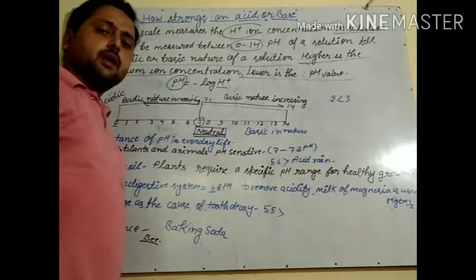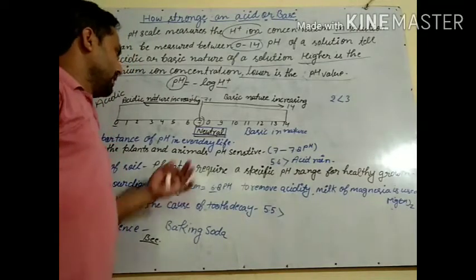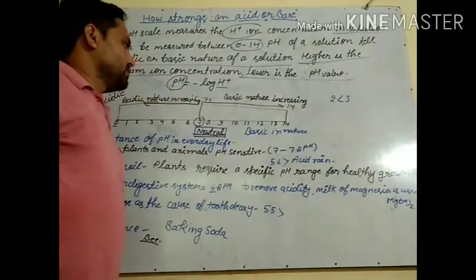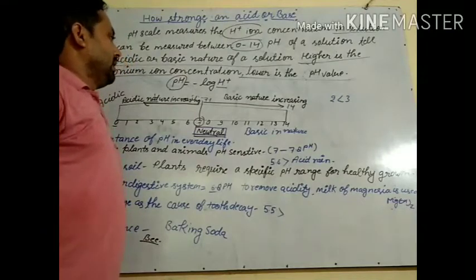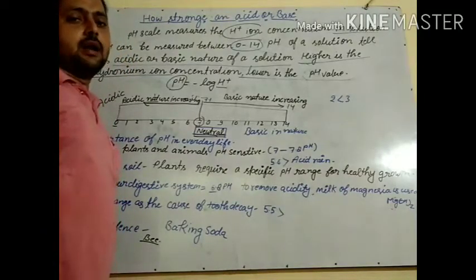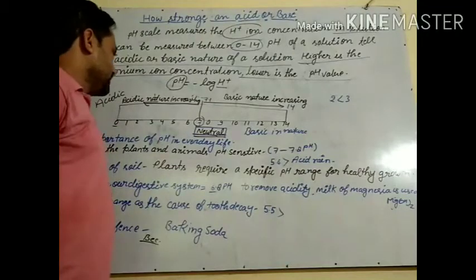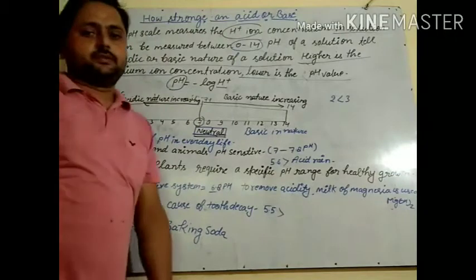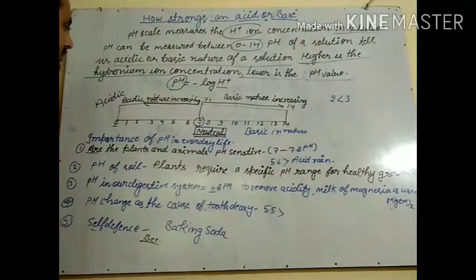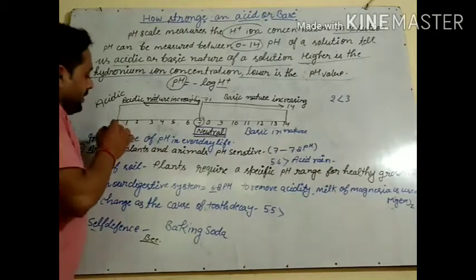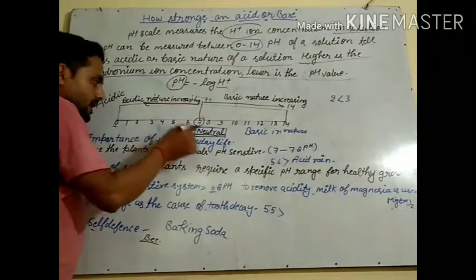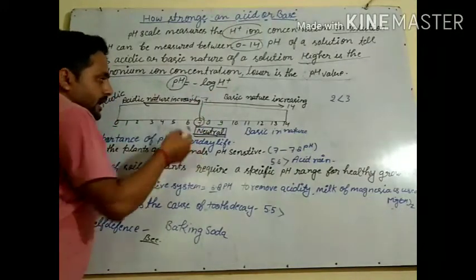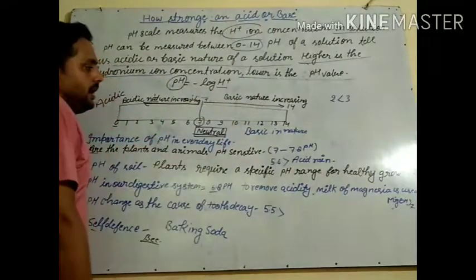Before that we were testing sour and bitter taste. With the help of that we were telling whether it is acidic or basic. But chemicals are so corrosive, so tasting is very harmful for our health. So we use another method to confirm whether the given solution is acid or base. In acids, the pH value is between 0 to 6.9. If a solution has exactly 7, that is neutral. If solutions have value between 7.1 to 14, they are basic.